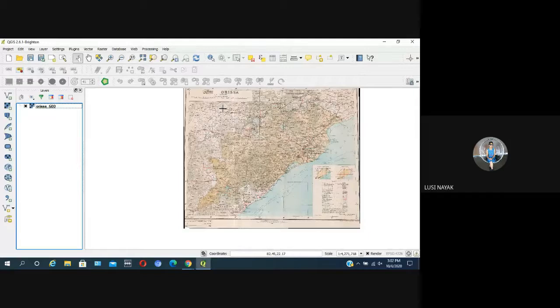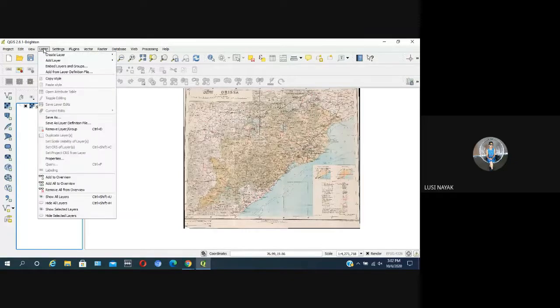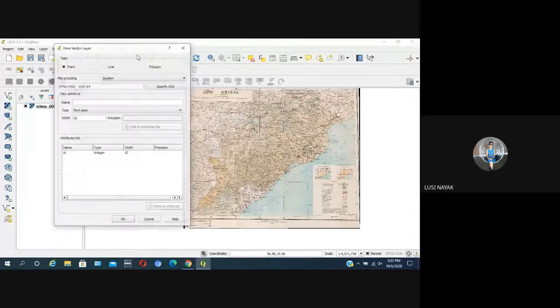So now start again. The creation of a point layer. Subhashini or Lucy, please start it. Go to layer menu. Then select create layer. Then new save file layer. There are 3 types of layer: point, line, polygon. Select first point.